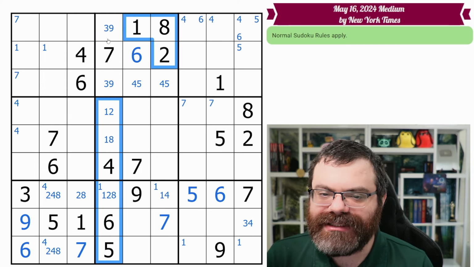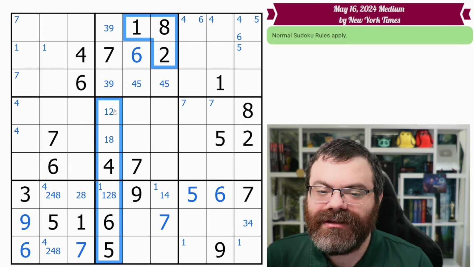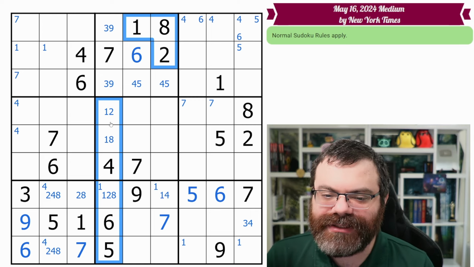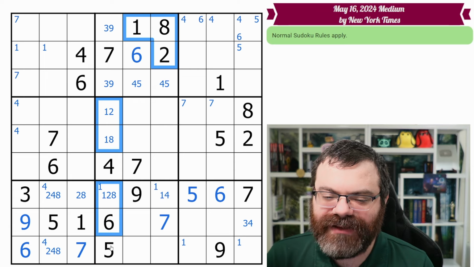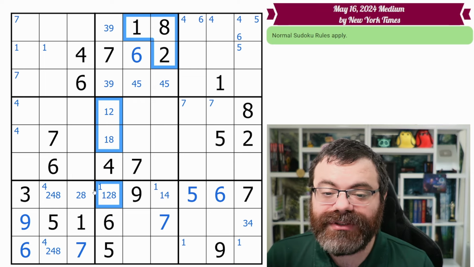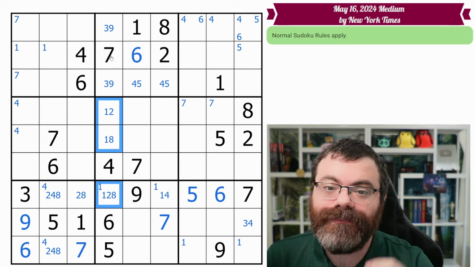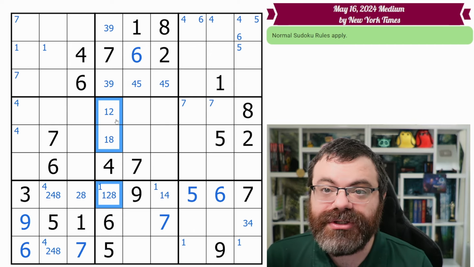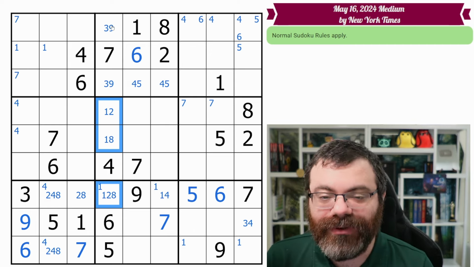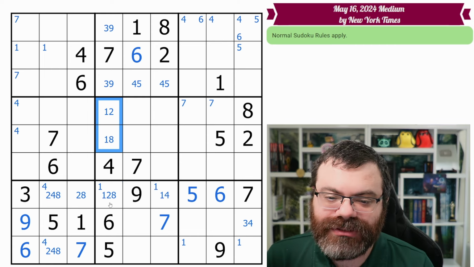Right? This 1, 2, 8 says they can't be here because we can't repeat in the box, leaving 6 cells for 1, 2, 8. But we have 3 givens down here that aren't 1, 2, 8. They are the 4, 5, 6 that use up 3 of those locations. And so actually this is called a hidden triple for the column. So there's a 1, 2, 8 hidden triple in column 4 is the way I would say that, which means